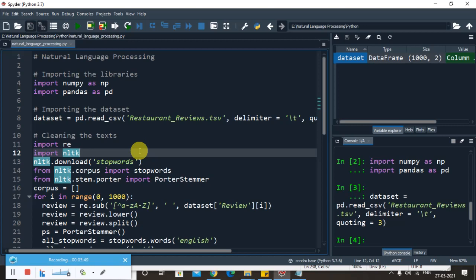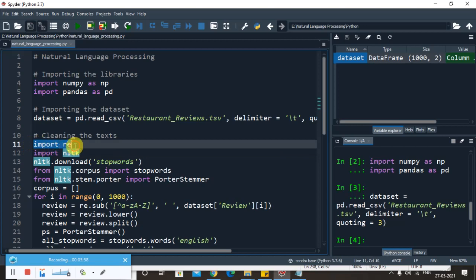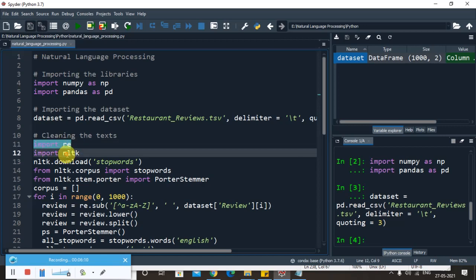which will train to understand the reviews and predict if the reviews are positive or negative. So let's import all the necessary libraries now. Okay, so the first library is the re library. So import re here. This library will be used to simplify the reviews. And then we are going to import this NLTK library,